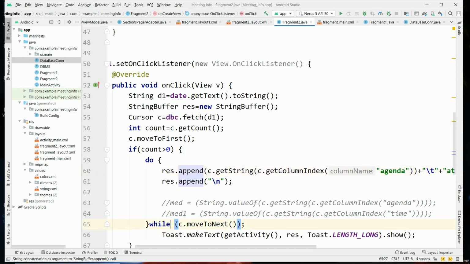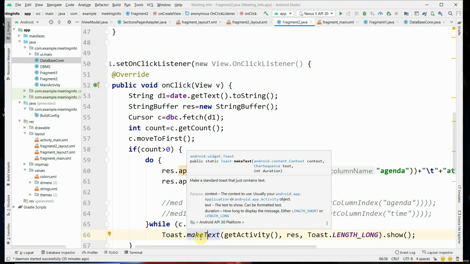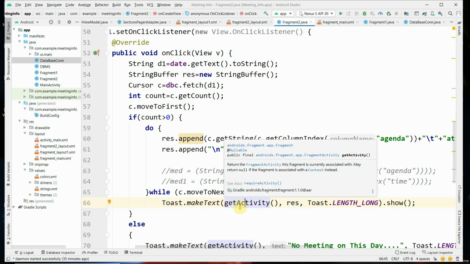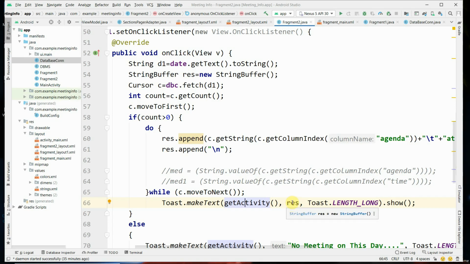This is a looping statement: while c.moveToNext, and it shows the result as a message indicating the meeting agenda which is stored in res. Toast.makeText with getActivity, where getActivity indicates the current activity from which this toast message is called, and the result is displayed.